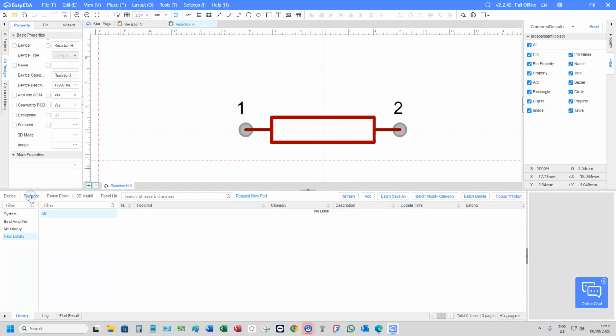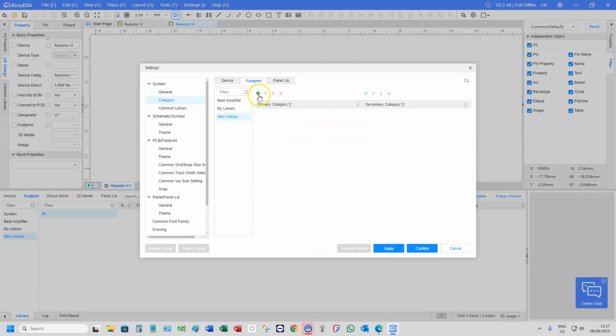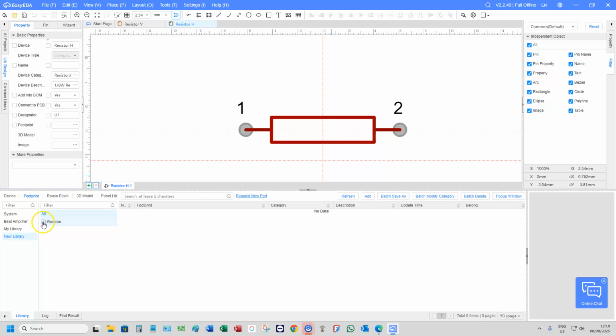So we go to the footprint tab and click on that. Right click, manage categories again, add the category, and the category will be resistor, and the secondary categories again we have resistor V, add, resistor H, add, resistor SMD, apply, confirm, OK. So here we are, we're in the footprint tab, and we have our resistor V,